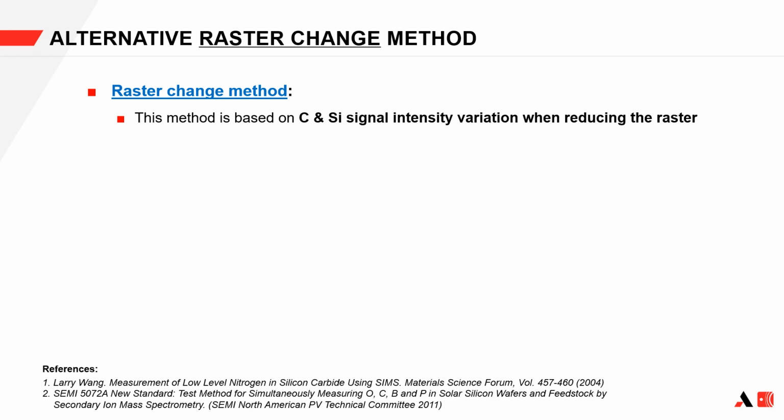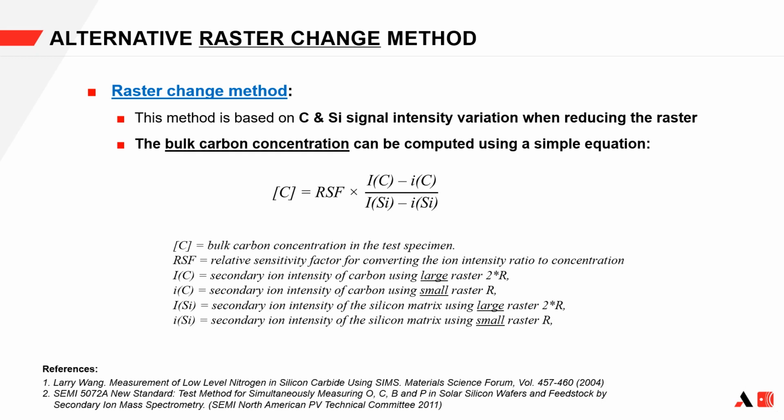Now we will see how to compute the bulk carbon concentration using the raster change method. As this method is based on carbon and silicon signal intensity variation when reducing the raster, the bulk carbon concentration can be computed using a simple equation like it is shown here. What we need to know as a result is the C value in the square bracket here,